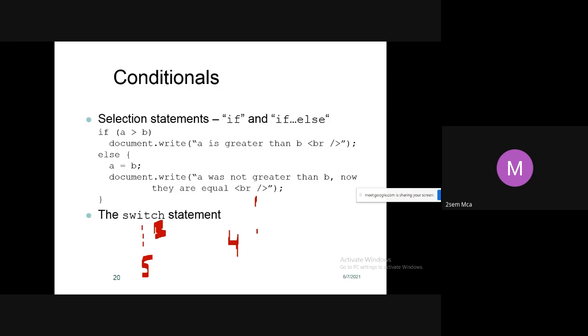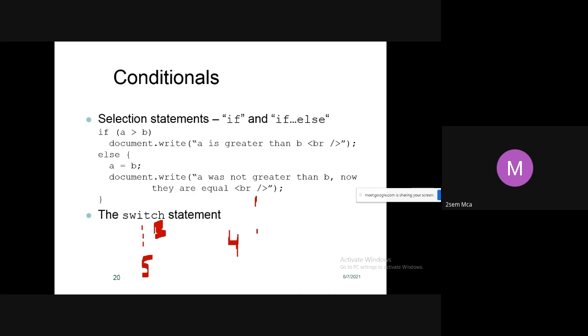So in each case, we have to write a break statement. In case 1, I have written a break statement, and in case 4, I have written a break statement. When you give your choice as 2, in case 2 and case 3 you have not written a break statement.